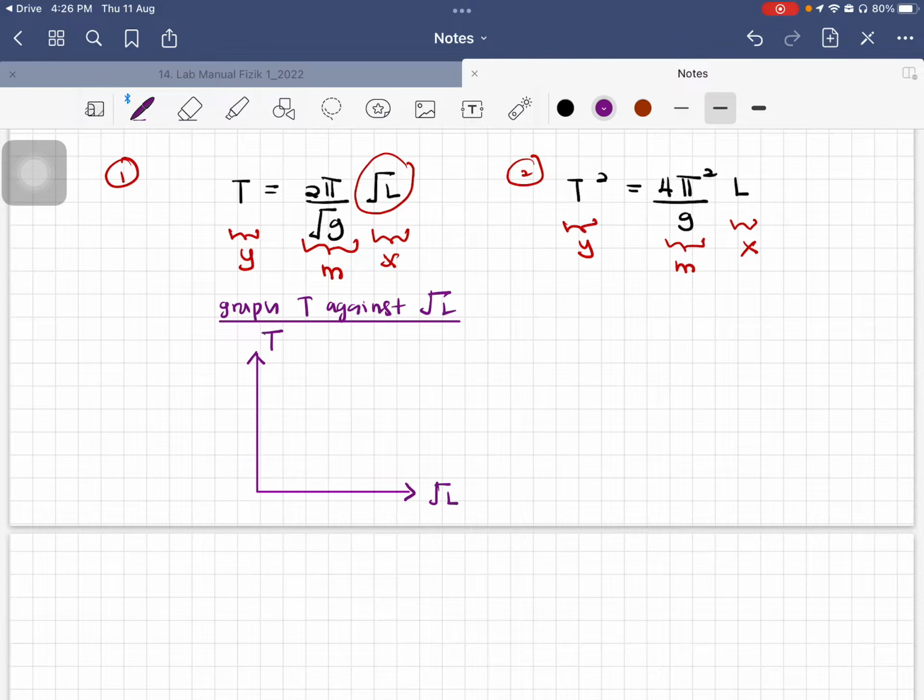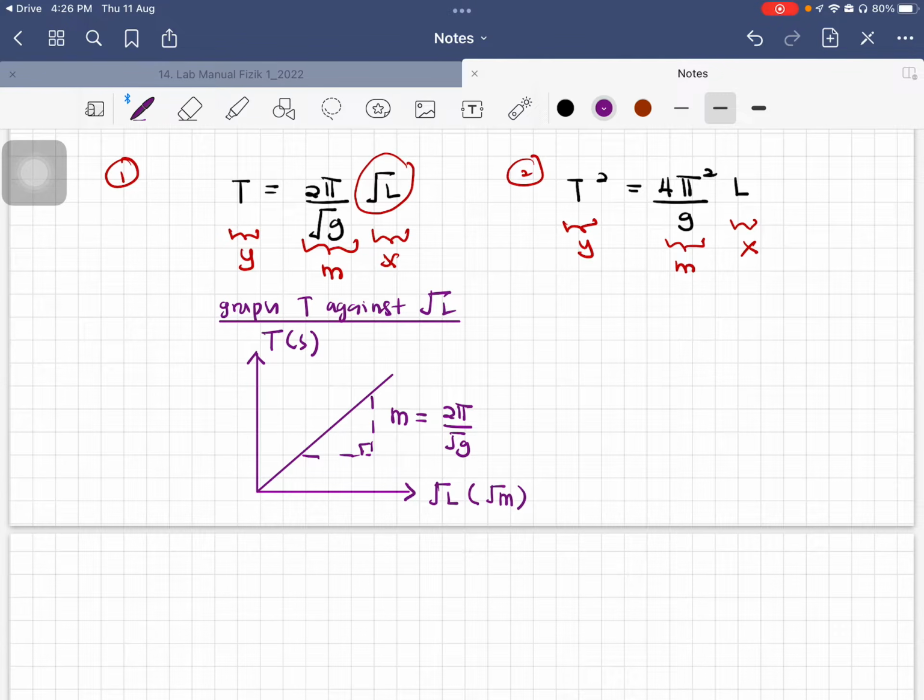The unit for t is second, since this is the equation for the period, which is the time taken for one oscillation. You will learn this in chapter 9. Its unit is second. And L is for length and its unit is meter. Since you square root the symbol, you need to square root the unit too. This one doesn't have a y-intercept, so the 0 is at the bottom. Something like that. And you will have to draw the triangle, showing that this is your m. Your m is 2 pi over square root g.